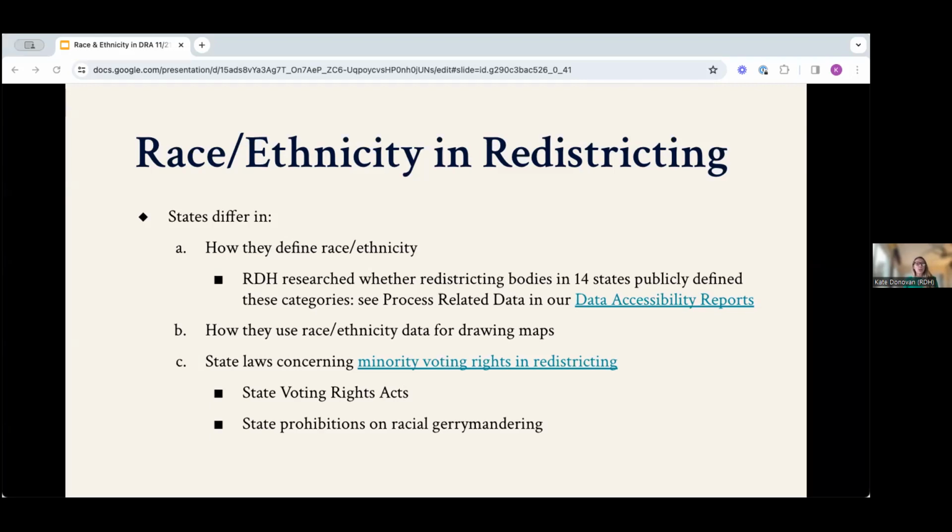In early 2023, we worked with volunteers at We the Action, which connects volunteers with legal training and organizations such as ours to research this language in most, but not all states. You can check out our database to see what protections your state might have around minority voting rights in redistricting specifically.